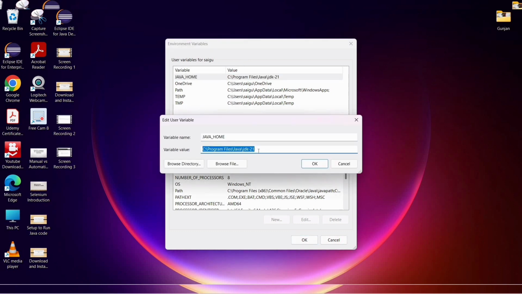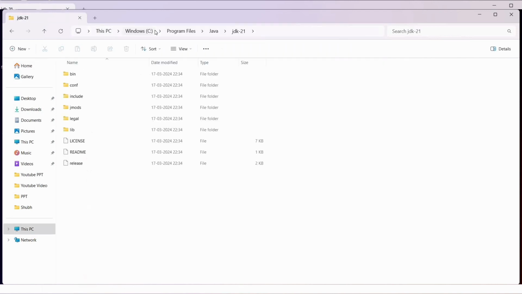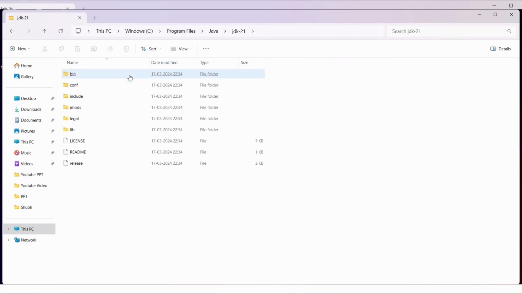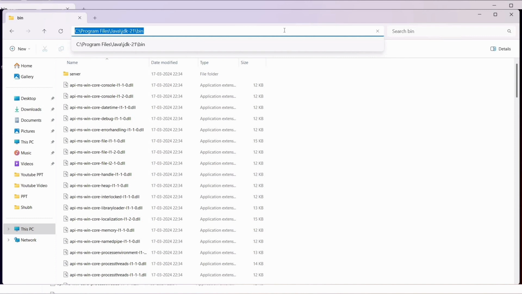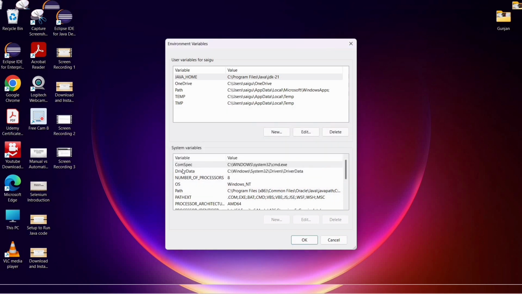Now we have to set environment variable. So we have to give in user variable JAVA_HOME, and then we have to give the path of JDK 21 which we have installed. We can go Windows, C, Program Files, Java, JDK 21 and then bin. And we can copy this path and we will paste here, but we will remove bin from here and click